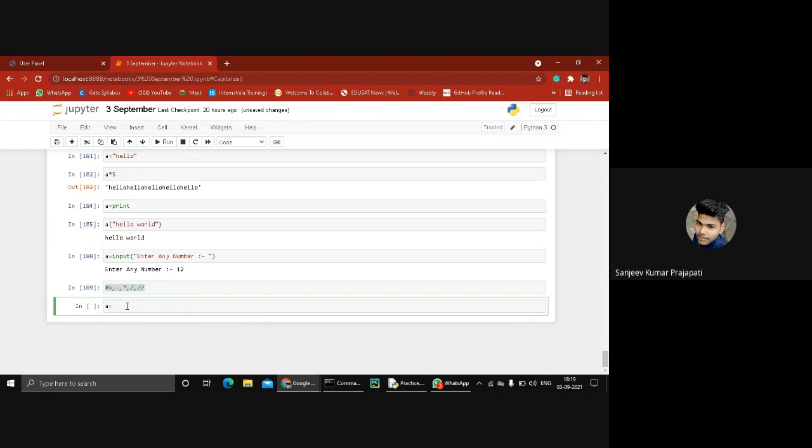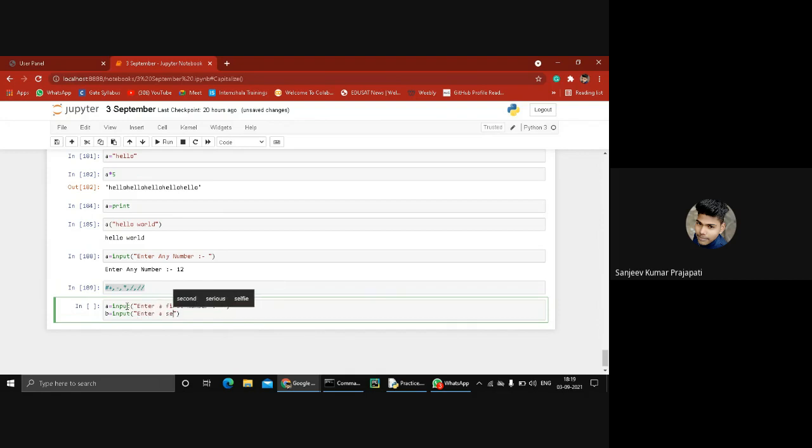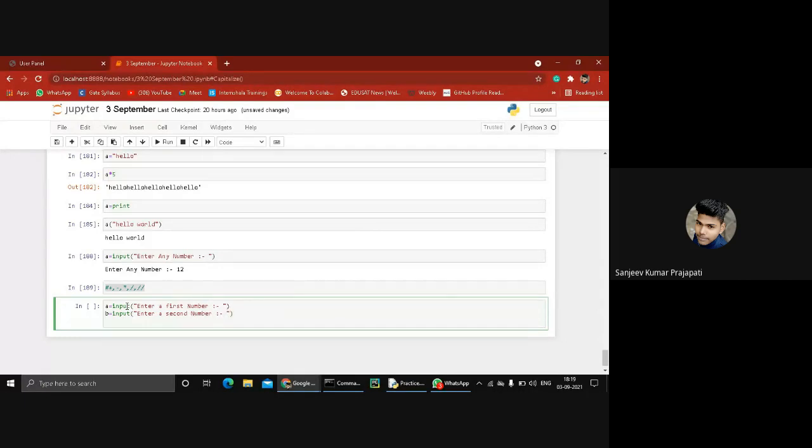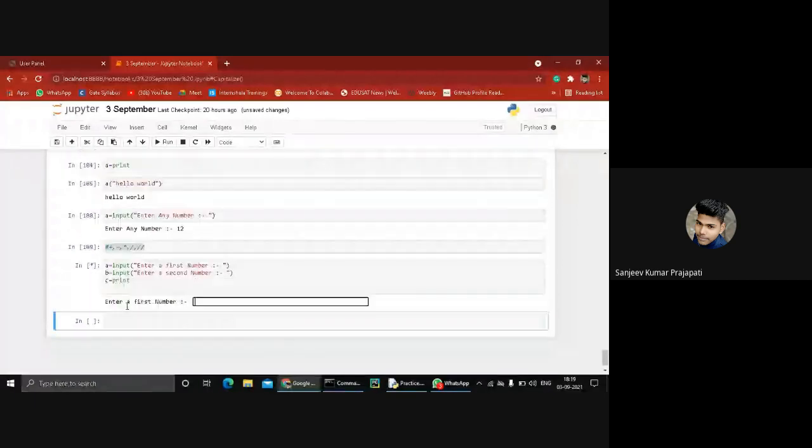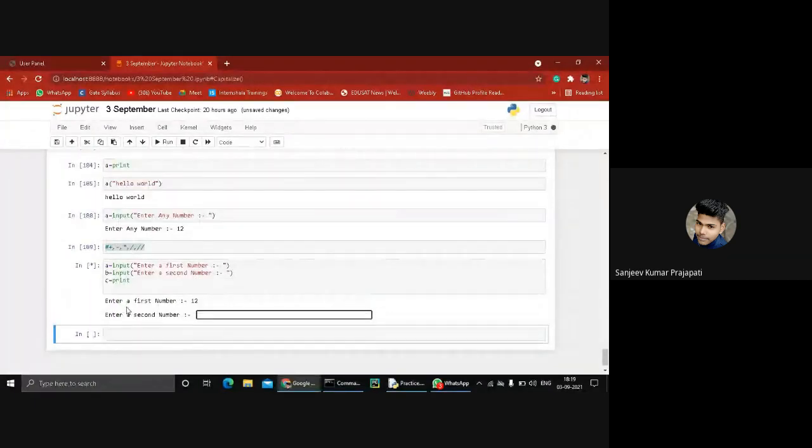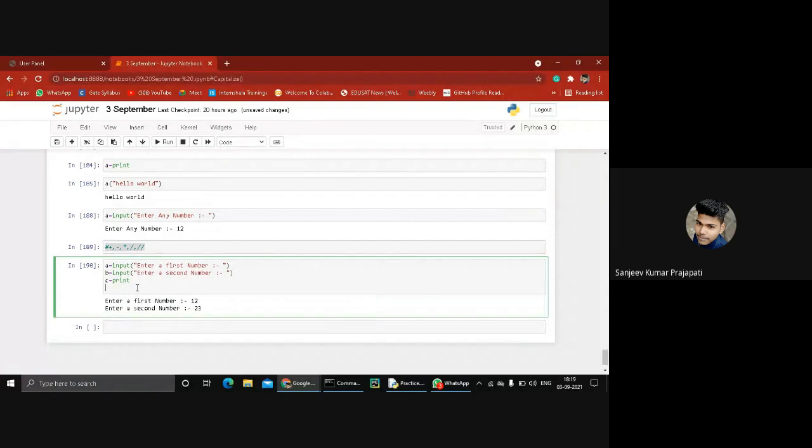So a equal to input, enter first number. b equal to input, enter second number. And I assign c equal to print. Okay, got it? It's working fine.